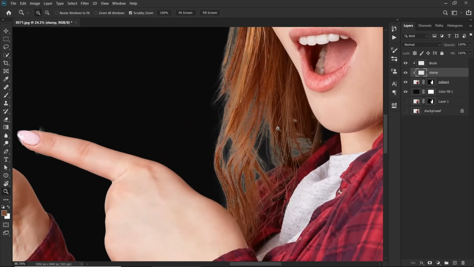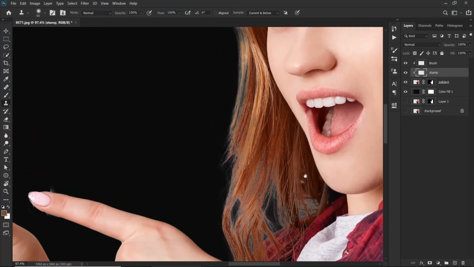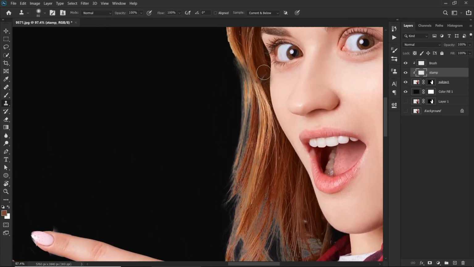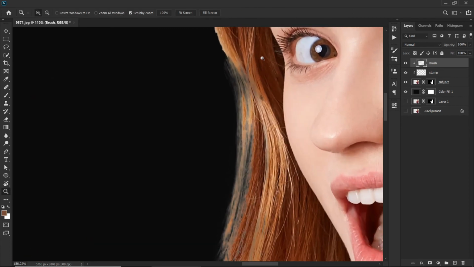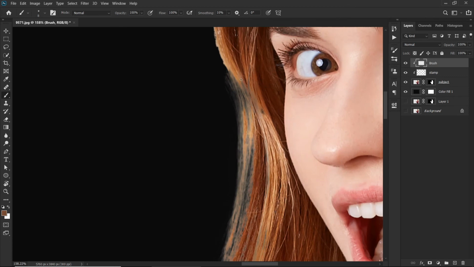And let me just fix the left hand side also. So we are going to clone from this edge. So first let me just brush off the outside regions. So simply select the brush layer and simply go to brush, and we are going to zoom in a little bit more, and let me increase the size of my brush a little bit and sample one color. Let me sample this color and we are going to simply paint on the outside regions.